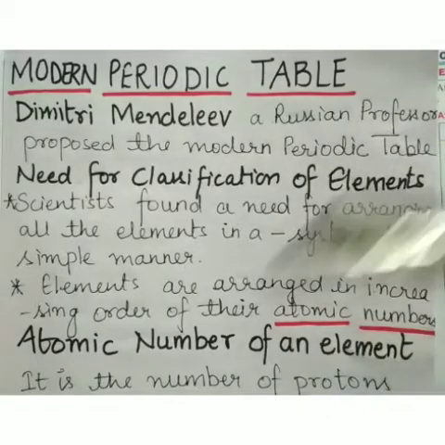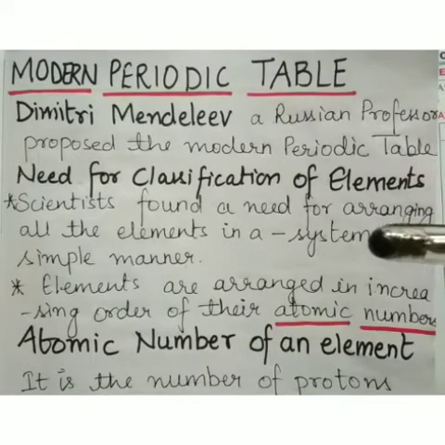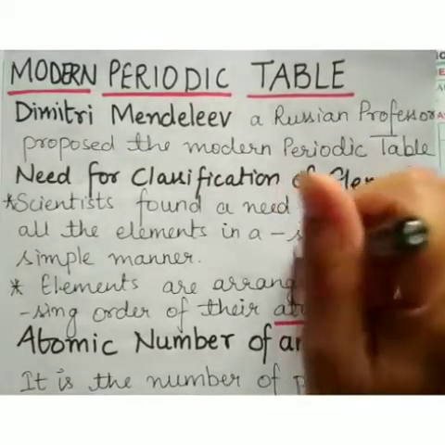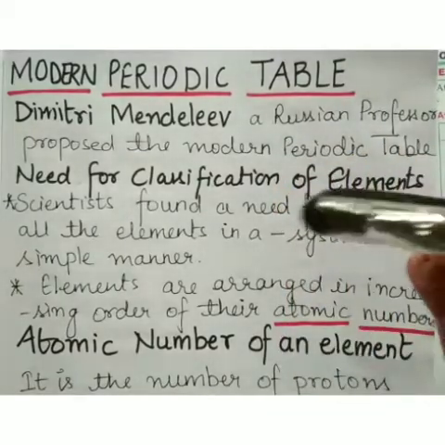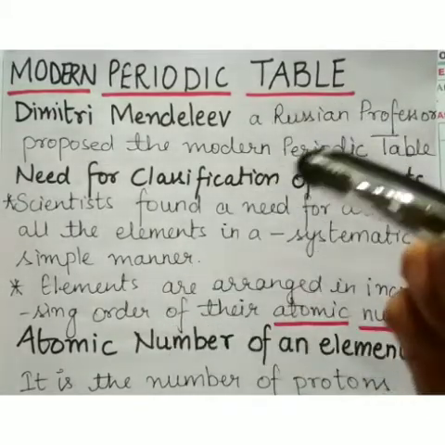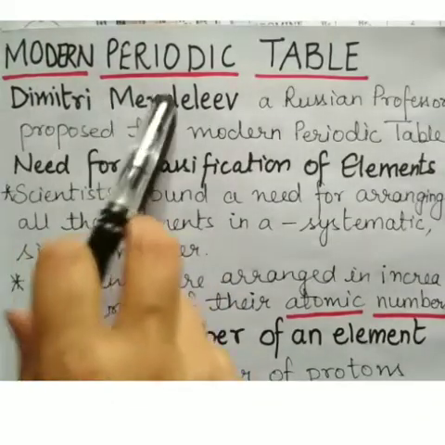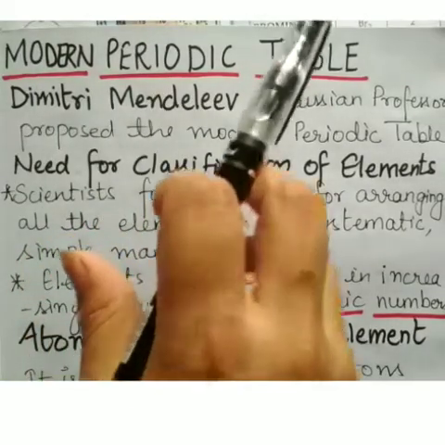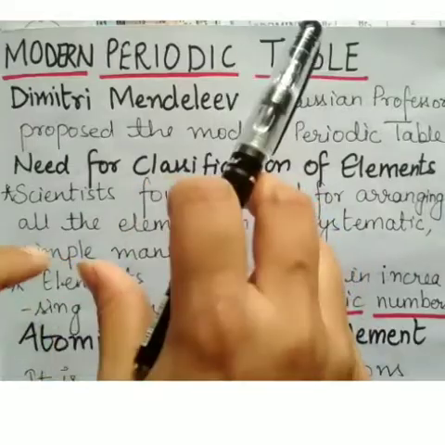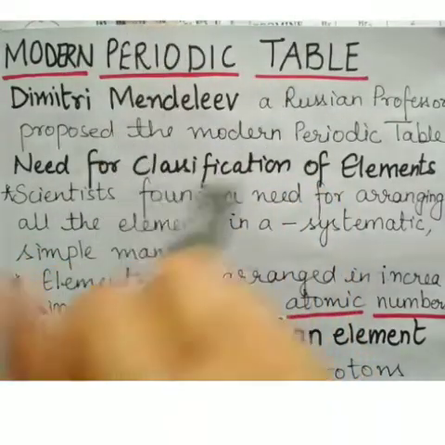Now students, in the last video, I told you about elements and their symbols. I also told you about the structure of an atom. Today you'll be learning about the modern periodic table and molecules. So let's get started. Modern periodic table. Today we are going to learn about the names and symbols of the first 20 elements in the periodic table.